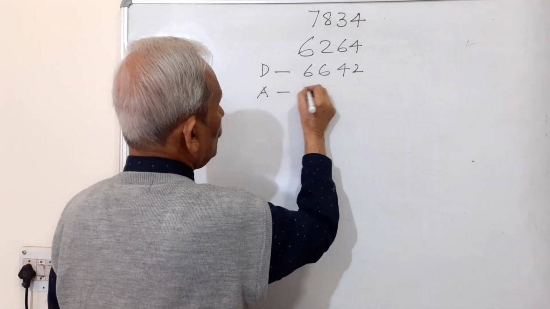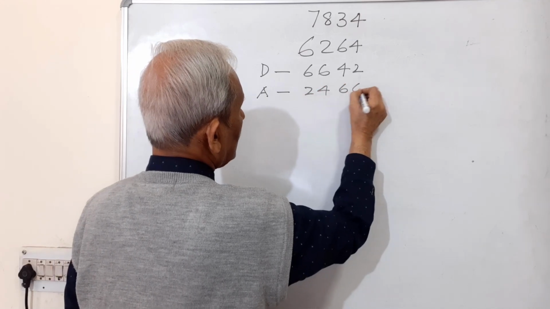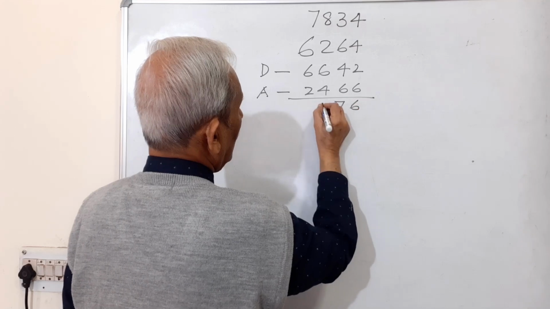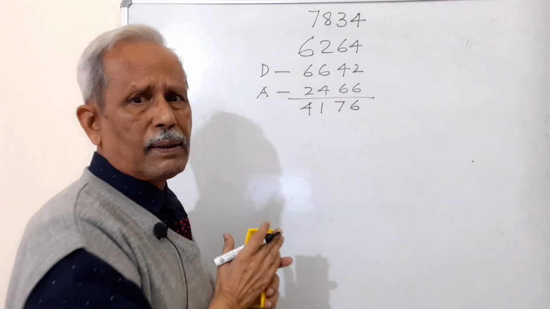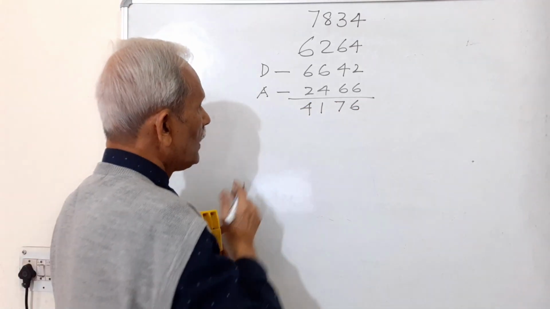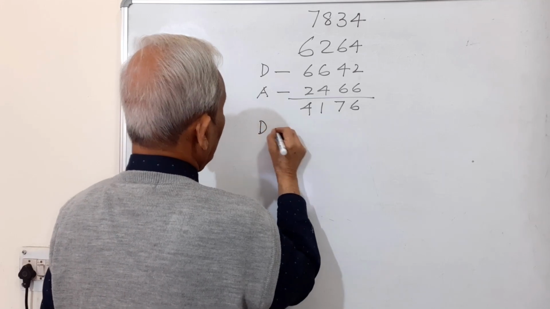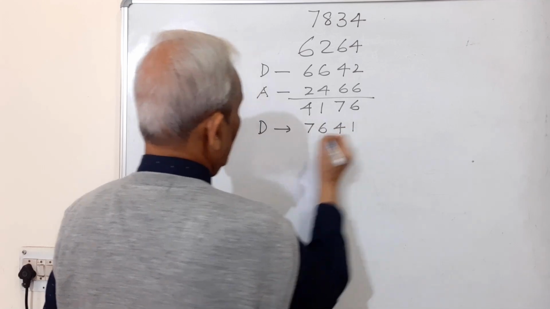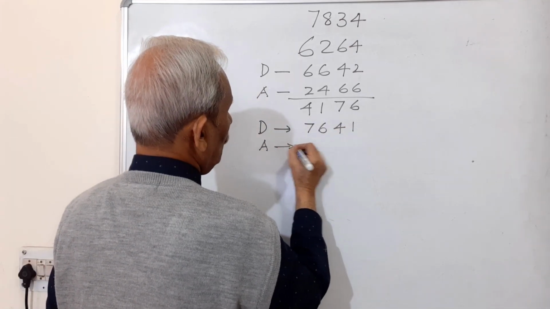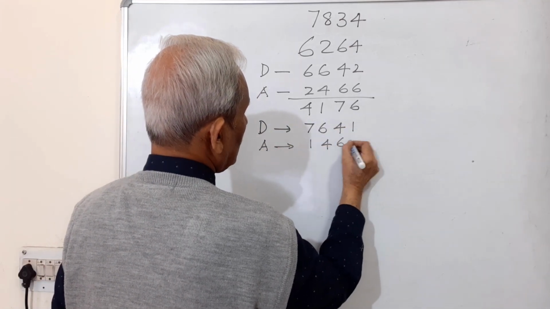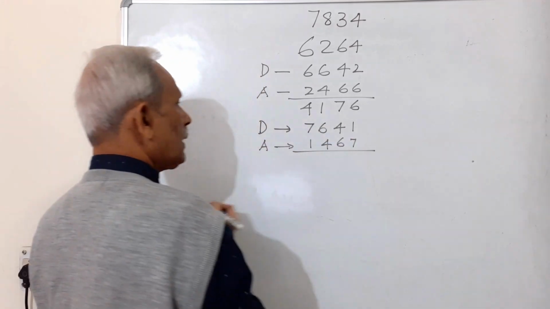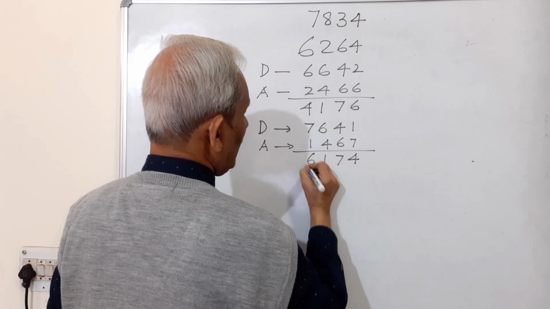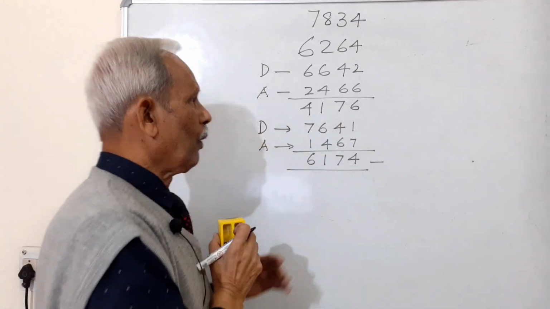Ascending is 2, 4, 6, 6. And you subtract from each other. It's 4, 1, 7, 6. Now let us do the next time. Take a descending number out of this. 7, 6, 4, 1. And then you take an ascending number which becomes 1, 4, 6, 7. Now subtract this from this, and we again come back to that magic number of 6174, although it came